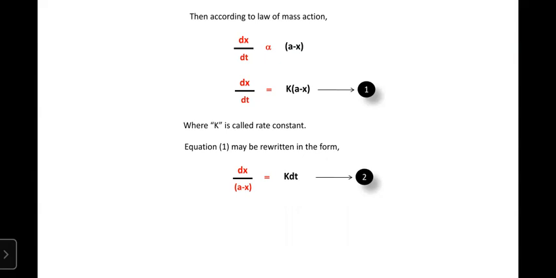Got it? So here dx by A minus x is equal to K into dt. This is equation number 2. So then what are you going to do now? Same thing you have to follow with respect to zero order reaction: integration. So integration of dx by A minus x, and integration of K into dt. What will you get then? Integration of this dx by